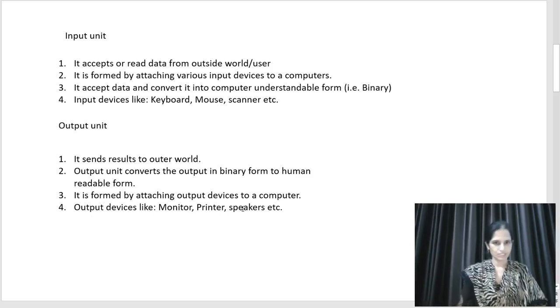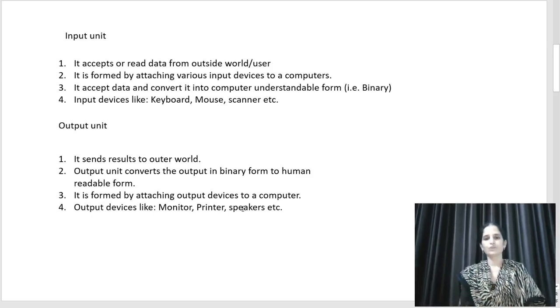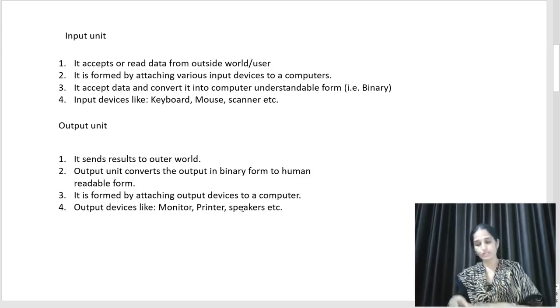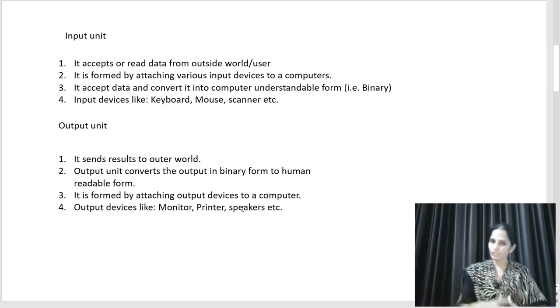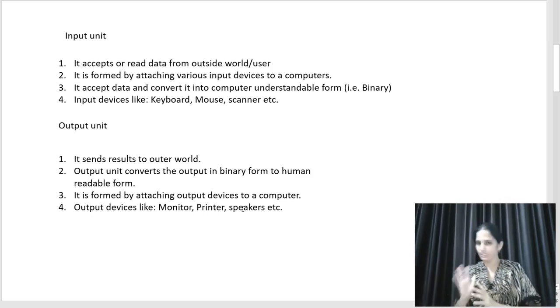So many output devices are there, for example monitor, printer, speaker, plotter. First, we are talking about the monitor. Monitor is a screen, a video visual display unit, the most common form of output from a computer. It displays information in a similar way to that shown on a television screen. So a monitor is just like your TV screen.